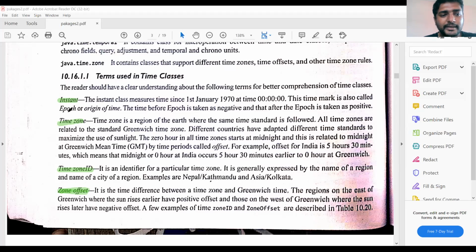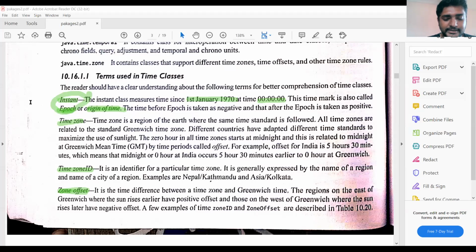So this can be called as epoch or origin of time. That means the Instant class measures the time since 1st January 1970 at 0000, that means midnight 12 o'clock. Instant is a class, and this class measures the time in seconds.